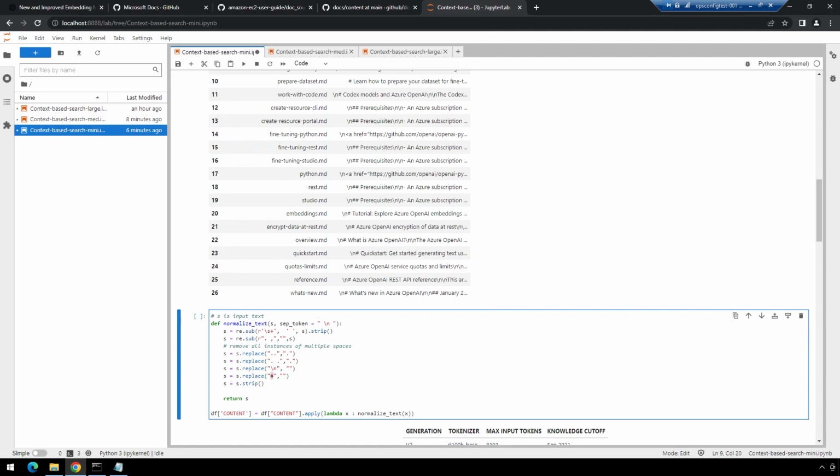I'm also pulling out the pound sign just because that gets used in the headers within Markdown. Ultimately you'd want to do way more cleanup than this, but this is just to give you a sense. We'll run this,